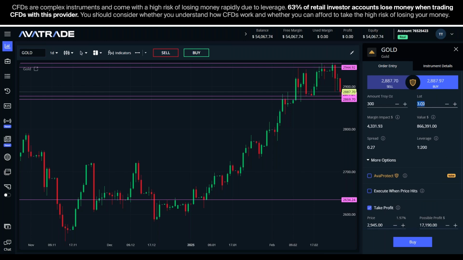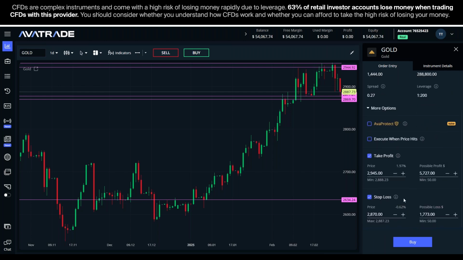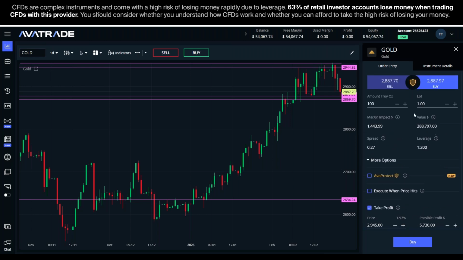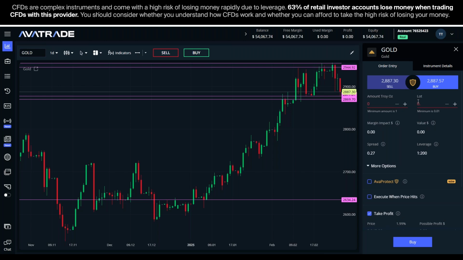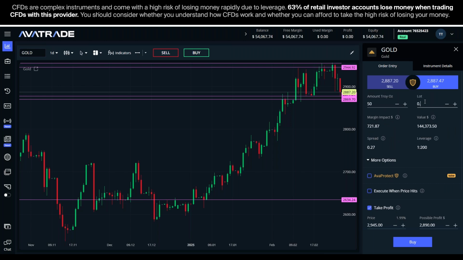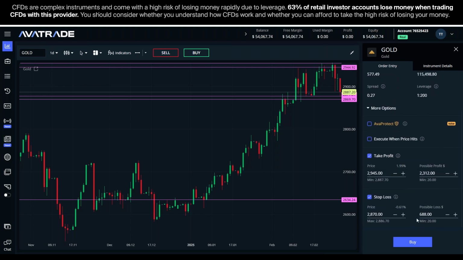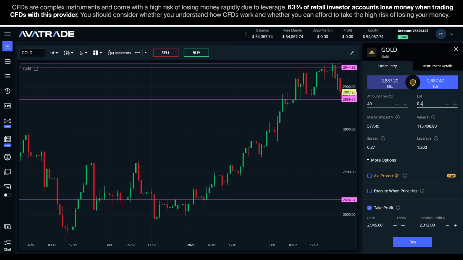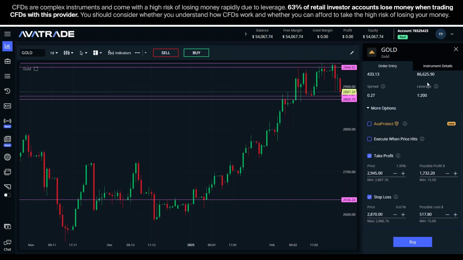Now, we just adjust the trade size. Here's the risk management part. Adjust my trade size for this technical setup until it's the amount that I'm comfortable risking. So if I want to risk, I don't know, maybe I risk 500 every trade or whatever that might be for you. 1% of your account or 2% or 0.5%. So if I do half a lot here, I'm risking 860. If I do 0.4, I'm risking 688. I think 0.3 or something close to that is going to be about 1% of my balance here. So 0.3,